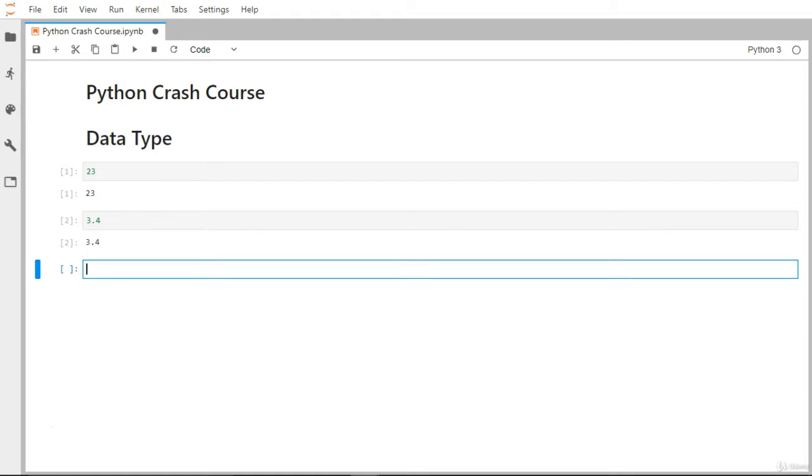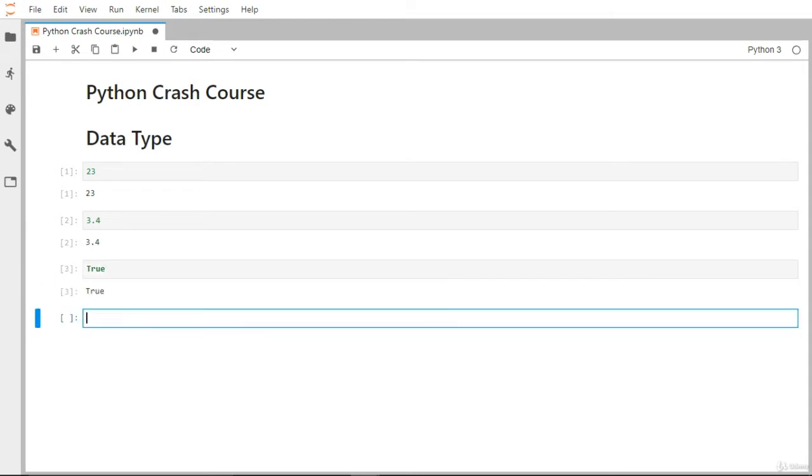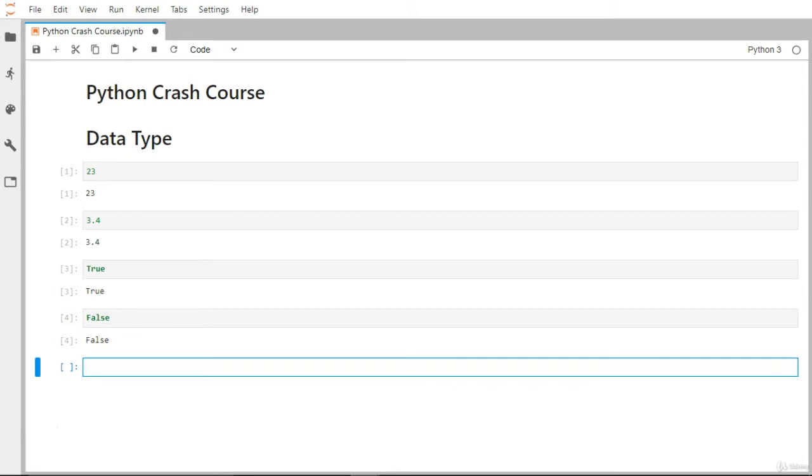Apart from that, there are two other important data types available in Python: true or false, the Boolean data type. It has just true and false. So this is a Boolean data type. And the last one we can consider is the string data type. So let's say I want to create a string. A string is nothing but a set of characters. It's not a unique set of characters, the characters may be repeated, but you can consider it a sequence of characters.